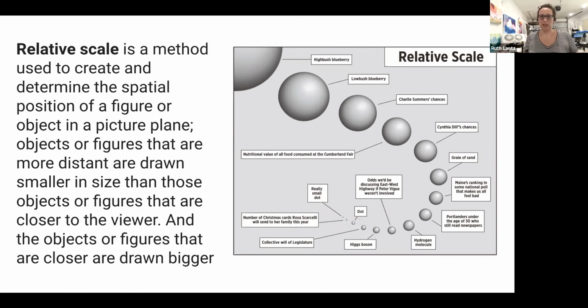But the one we're going to talk about today is something that's known as relative scale, or sometimes it's called relative size. It's known as a type of non-linear space. And essentially what that means is we're not focusing on line or